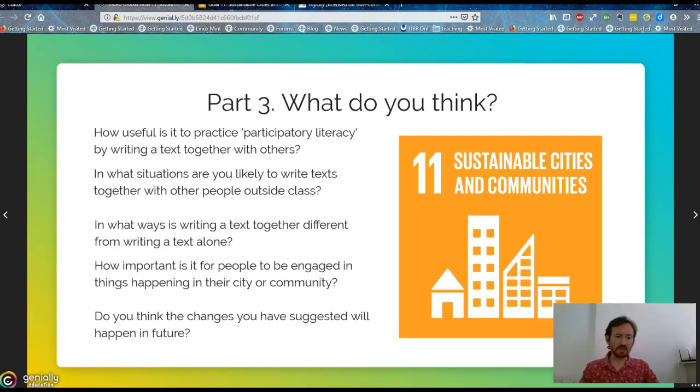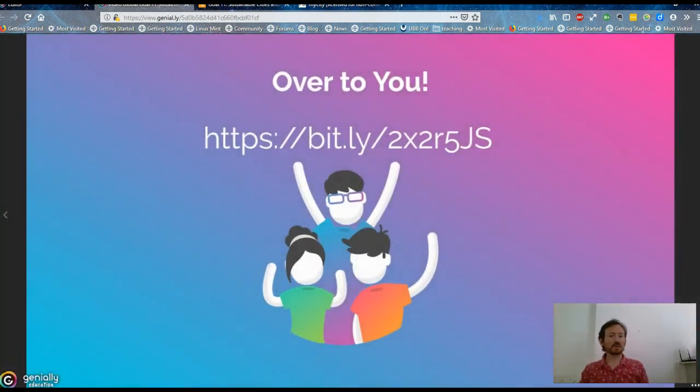So, that is my lesson, with the outcome that we have a wiki with texts about a number of targets. What about you? Would you like to use the same lesson? If so, here is the link. Maybe you will do a different lesson on this Global Goal 11, or maybe you will approach participatory literacy in a different way. Whatever you do,